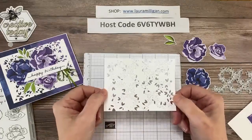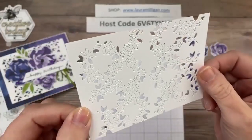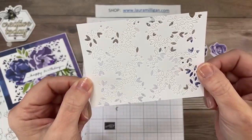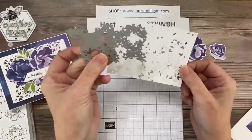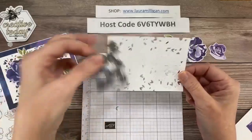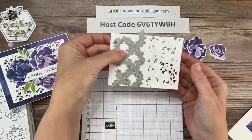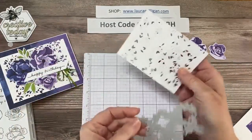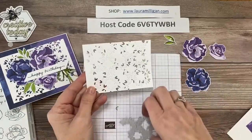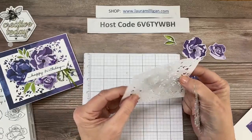And then I did this, and this piece, let me see if I can hold that up so you can see it a little bit better. Look at the detail in that, and that was done with this die. So I put it on my panel and ran it through one time, and then I put it through and ran it through again. So this is actually 2 of these, but I love the look that it creates,